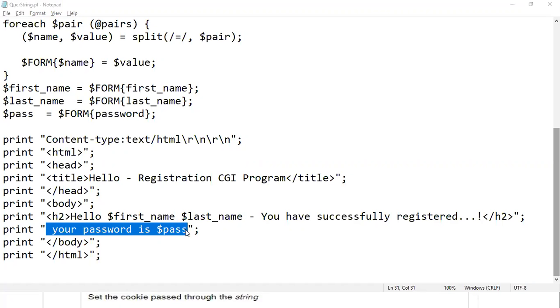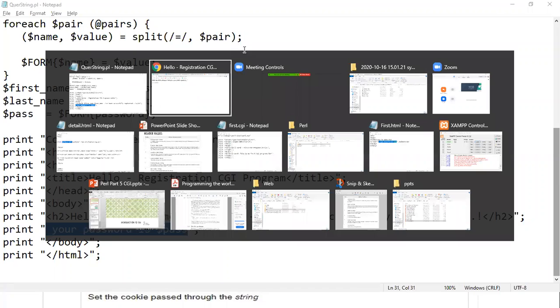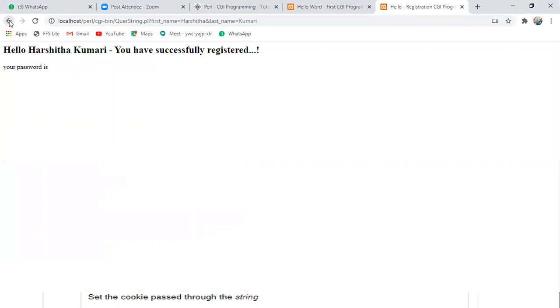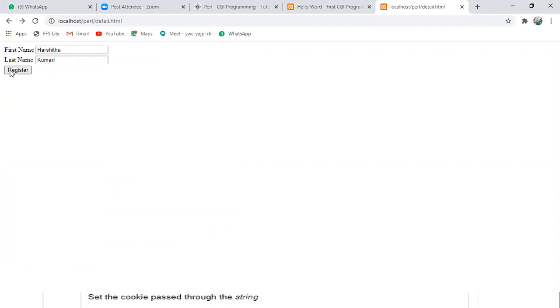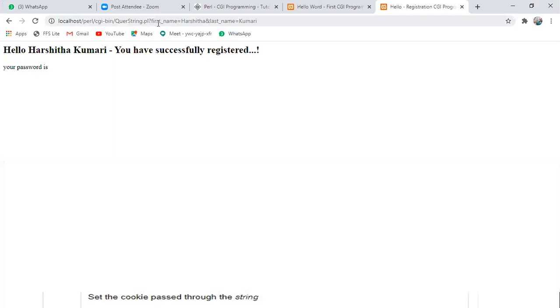Okay, let's check this one first. Here I have given the name Harshita Kumari in two text boxes. You can check here that the query string contains this. The drawback of the query string is that the user can edit this. Because I am a developer, I know that.